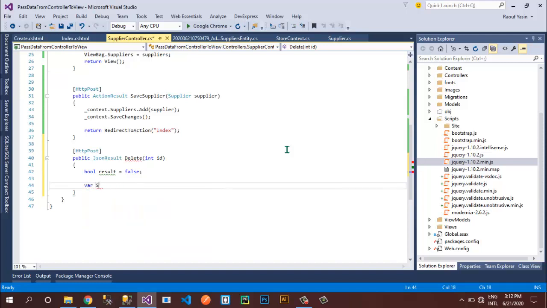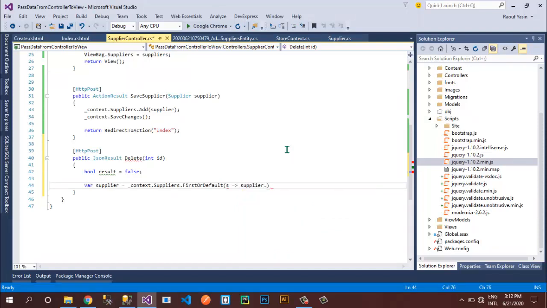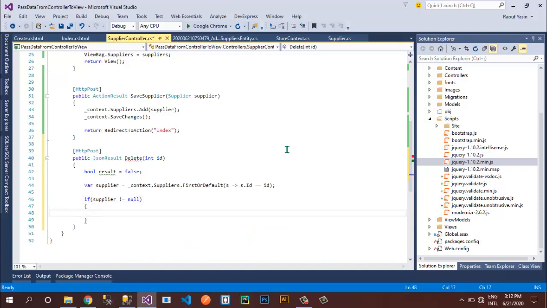and then first of all I will fetch this supplier from my database. So var supplier equals to underscore context dot suppliers dot first or default. First of all I'll fetch this from database, so s goes to s dot id equals to this id. Okay, and then I'll make sure that our supplier exists in our database. So supplier is not equals to null, then I'll do this stuff.